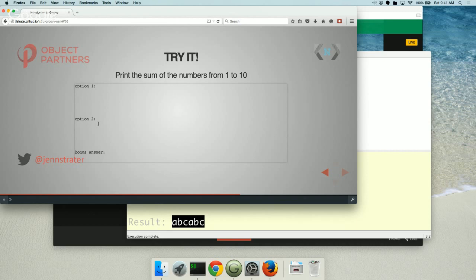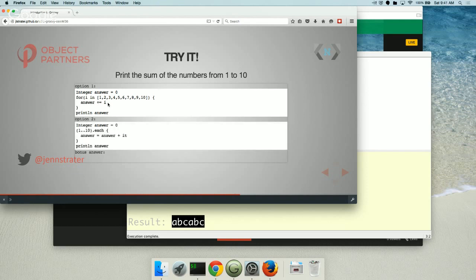Okay, so we're going to go over the answers now, if you've had a minute to think about it. How many iterated through the list individually? It's totally okay to do this, and that's how we often start. You can do your I, less than, and take the answer and then go through. You could use each to do it that way. But if you saw the one-line answer, it was to use a range, because it's just the numbers from 1 to 10. So we've got an iteration, and you can sum those.